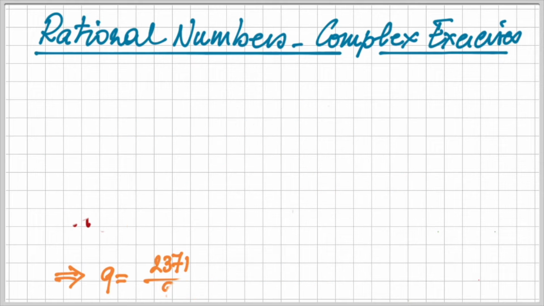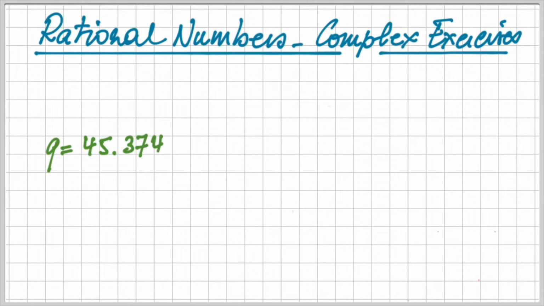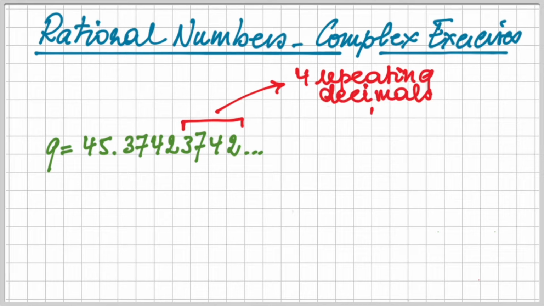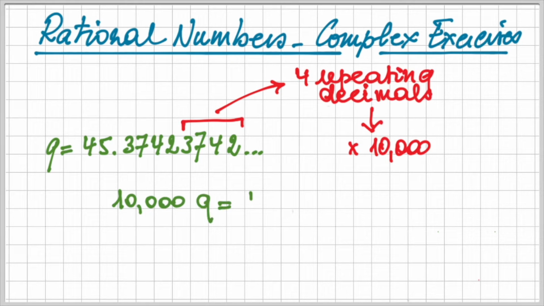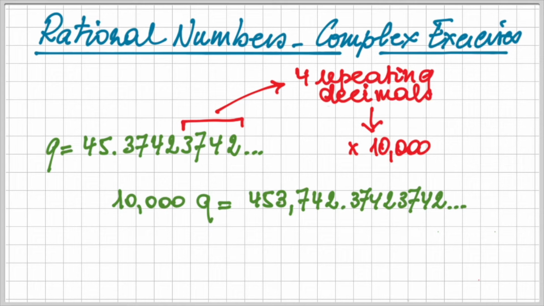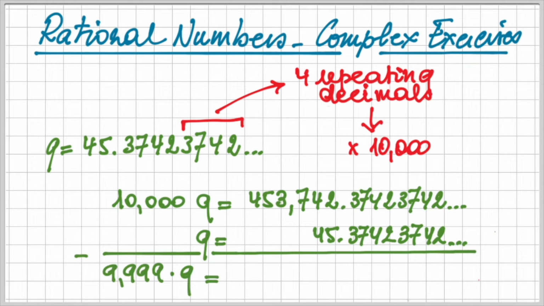Let's now have a look at another exercise. We have 45.37423742, and we find here that we have 4 repeating decimals. So we have to multiply with 10,000, and we find 453,742.37423742. Now we subtract Q from this, and we find basically on the left-hand side